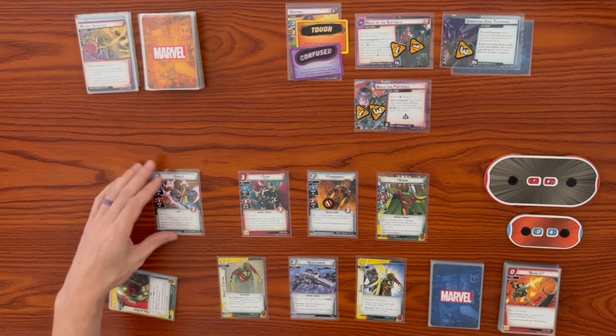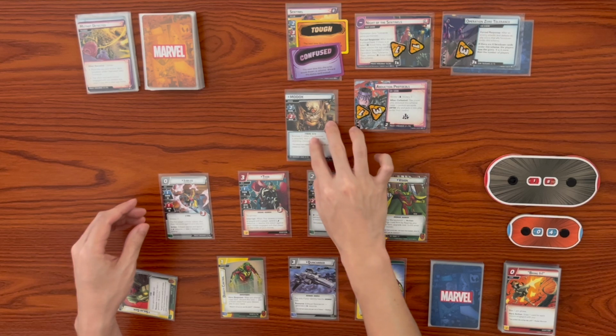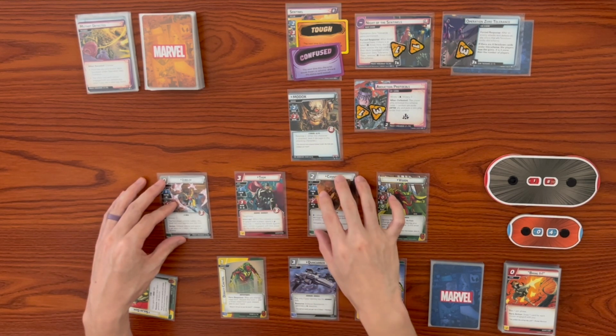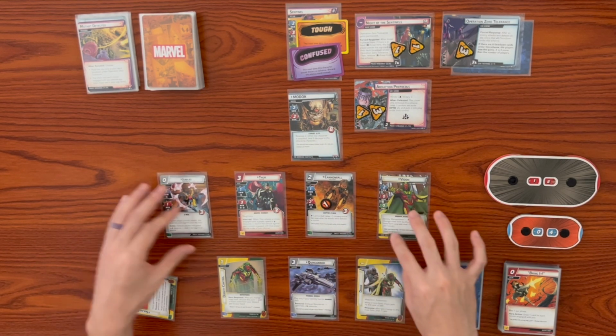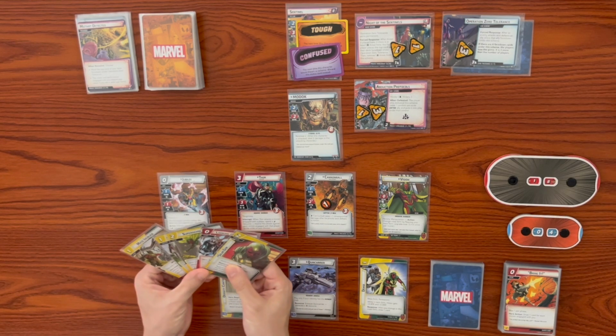Okay, then we get dealt a face down counter card here, which is going to be Modok. Okay, with Retaliate 2. So after he's attacked, do 2 damage to attacking character. Okay, that's not great. All right, let's see. What do I want to do here? I have to,